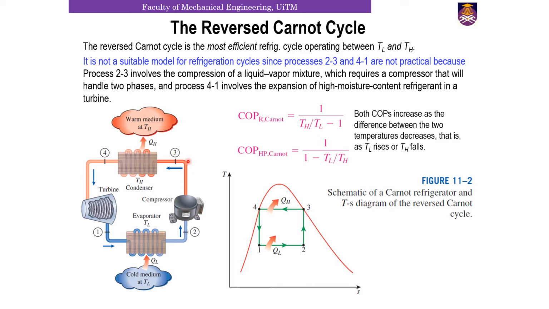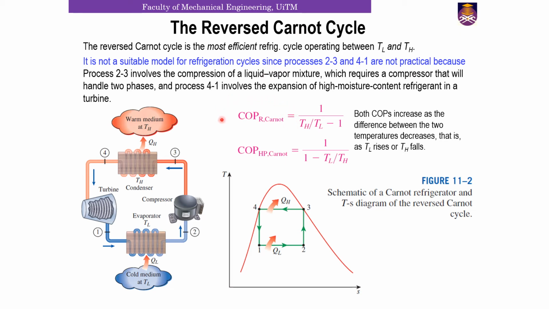the process from 2 to 3 will not be practical, and this is because the compressor will need to handle two phases. And process 4 to 1 also involves a mixture of liquid and vapor, and this expansion of high moisture content refrigerant in a turbine is also not desirable. So we will see how we can modify the reverse Carnot cycle in our next slide, but I would like